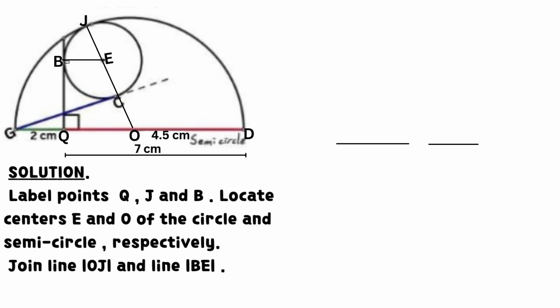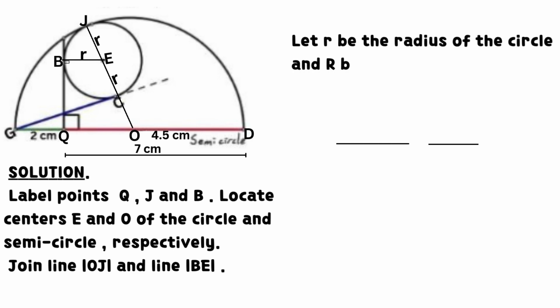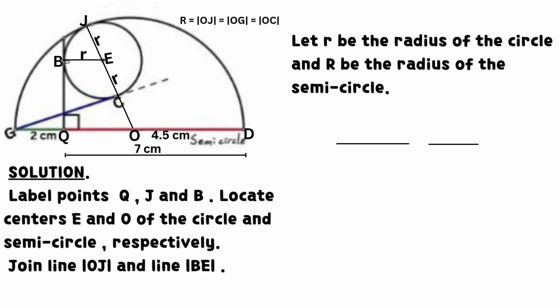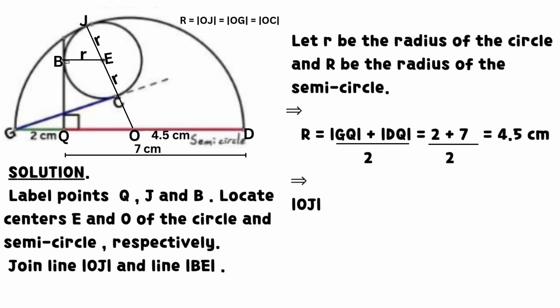Line QD equals 7 cm. Since GD equals 9 cm. Let R be the radius of the circle and r be the radius of the semicircle. It implies that R equals half of the sum of GQ and DQ, which equals 4.5 cm, after simplification of